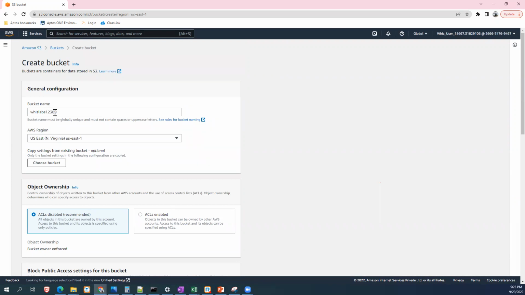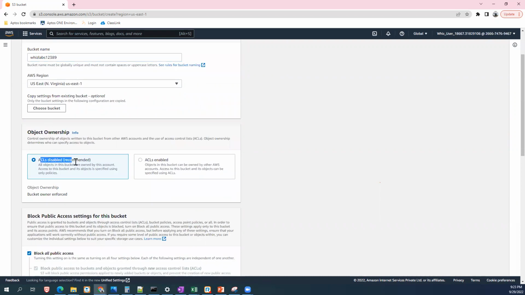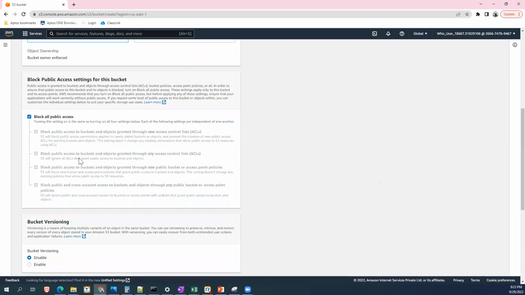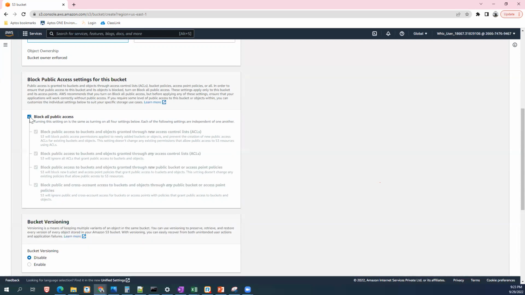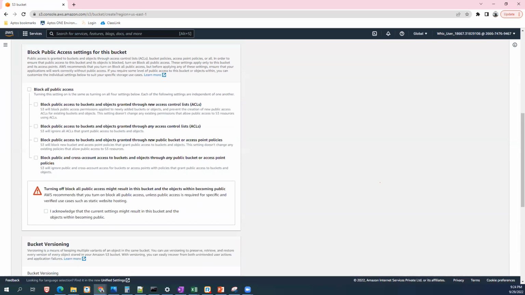So you create a bucket name, and there is a region, and ACLs disabled is recommended. So we are going with the recommended versions. Then block all public access. Block all public access means later on if you want to access this file you will have some problem, because we have to access it through the website. That's why I uncheck that one. Block all public access means it is very secret; we cannot access it through a website. But later on, I'm going to create a static website, which needs to access this, so that's why I'm unchecking block all public access.